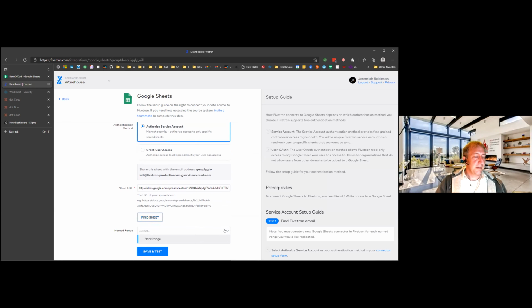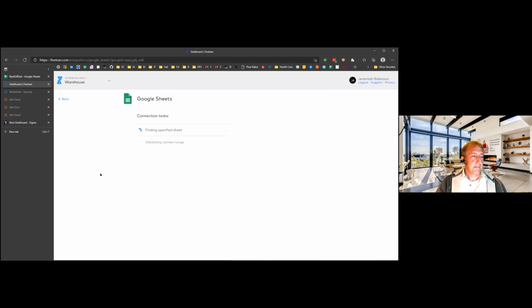I'm going to click, and you have to define a named range. So I defined a range. I saved that. So it's just making sure the sheet is there, validating the named range exists, and then I'll click load and it'll load it. And once it's done with that, from this point forward, any changes I make to that Google Sheet, any new rows I add, any rows I delete will be automatically handled with change data capture based on the row number of the sheet. So that's my primary key for my source system.